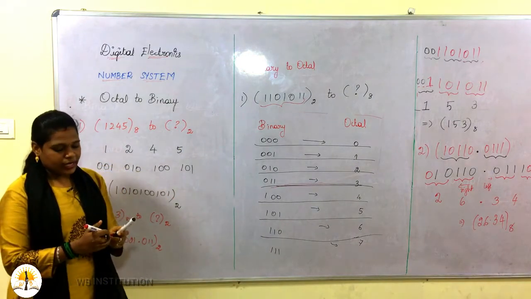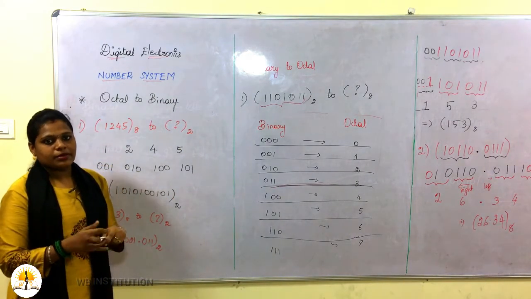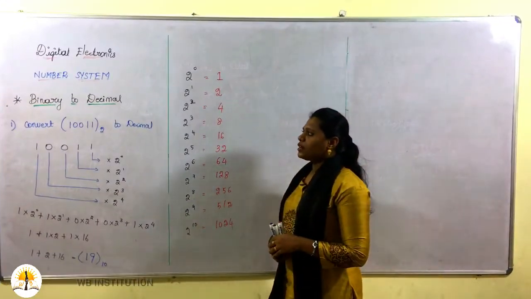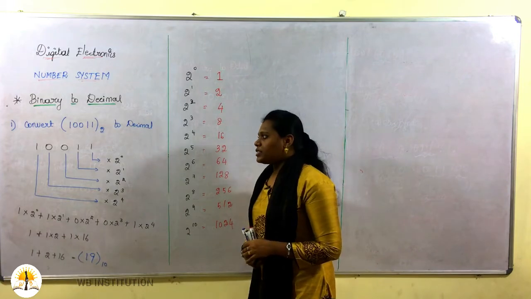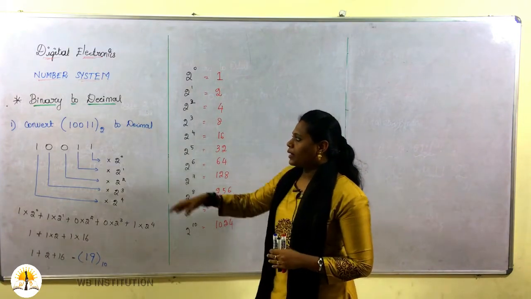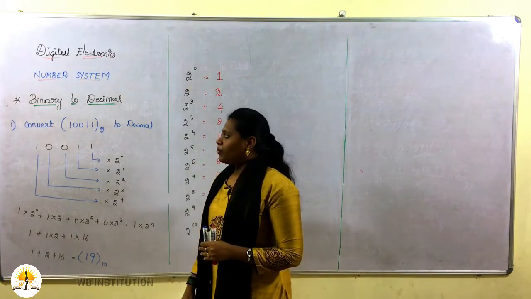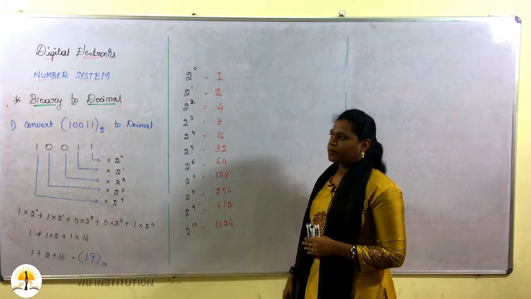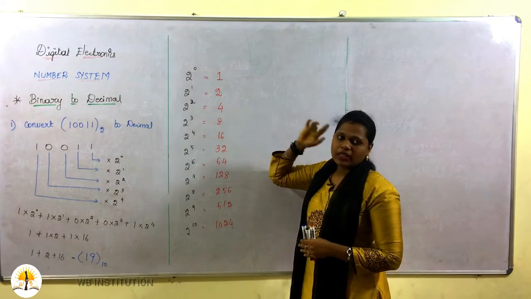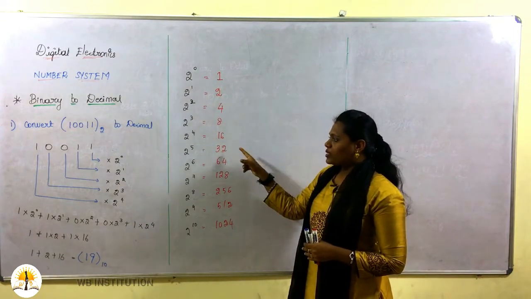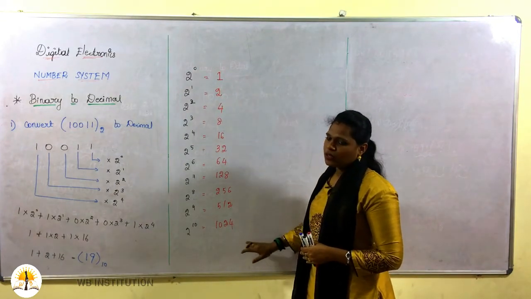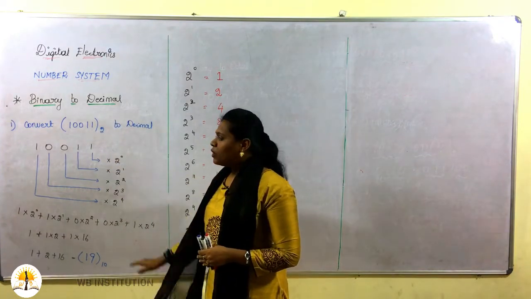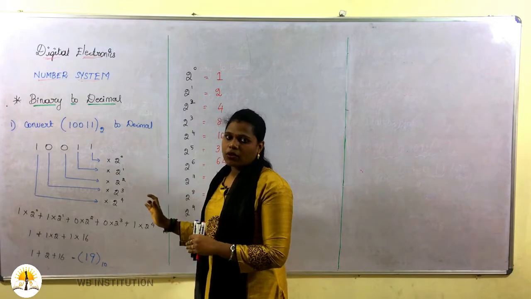So now we will see the next conversion: binary to decimal and decimal to binary. Now the next conversion is binary to decimal. Here the question is to convert a binary number into decimal. Before doing the sum you need to memorize the powers of 2 up to 2 power 10. So 2 power 0, anything power 0 is 1. 2 power 4 is 16. Like this you have to understand this one. Till 10 it is enough. Okay. So see this question, 10011. You need to take the bits from the right side.